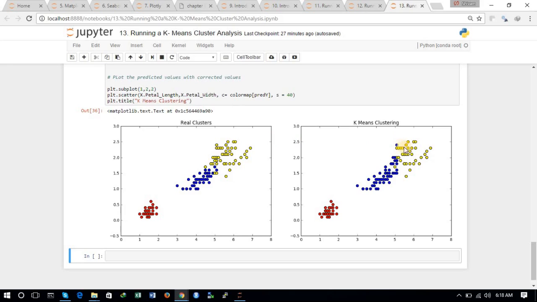and it is also not able to distinguish between some of the data points, but the actual level of clustering is quite good. So this is how we can run a K-means clustering in Python,